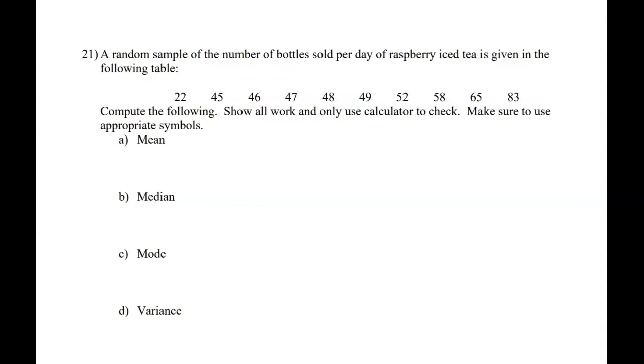We have a random sample of the number of bottles sold per day of raspberry iced tea, and it's given in this table below. Now, a couple of things. Notice that it does say a random sample. So we know things like our mean would be an x bar. Our variance would be an s squared because we have a sample. Now,